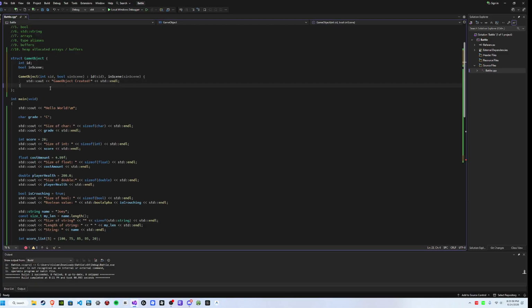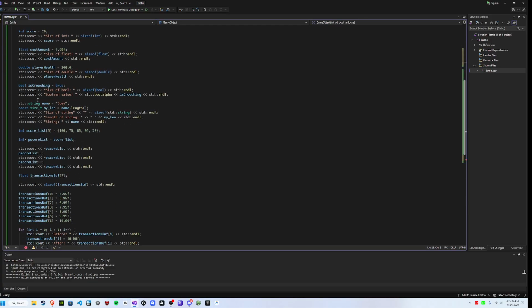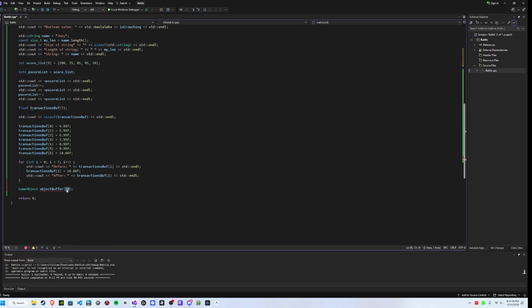Now, if a buffer was on the heap, then we would have to call the object's destructor after we were finished with the item in there, because it is a block of memory, but we have to clean up the object, so we have to create the destructor. That's if we cast this inside of there. All right. Actually, I'm just going to do heap allocated buffers instead. All right, so there we go. We have our game object, and we're going to go ahead and construct one into this buffer. And just for thoughts, I'm just going to do two objects, and then